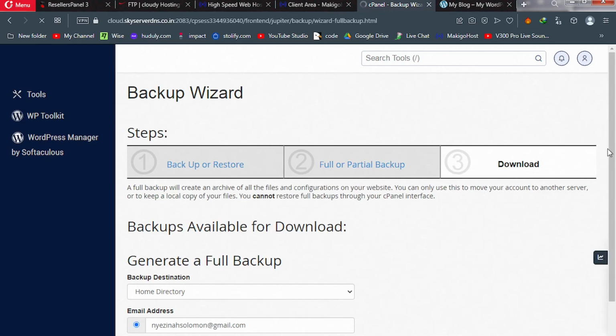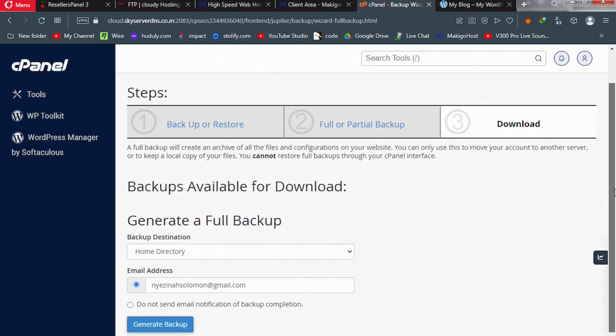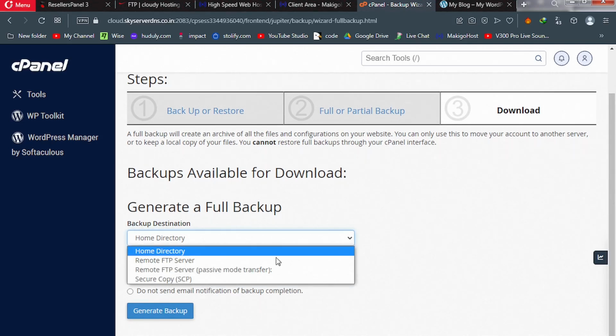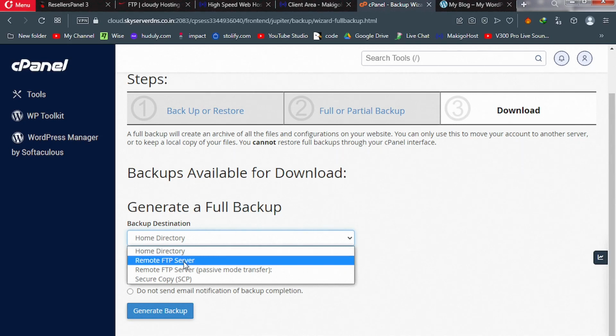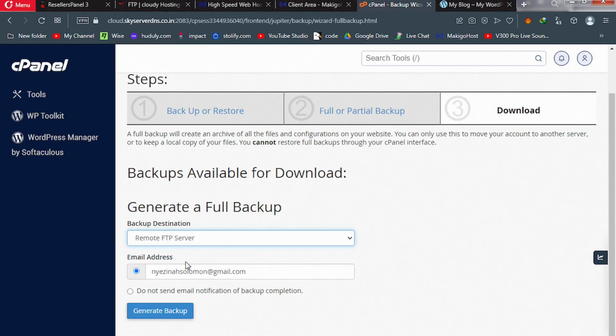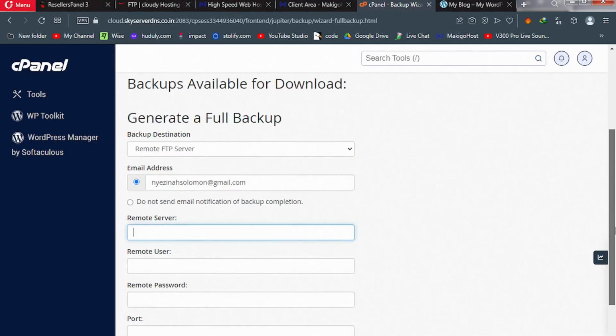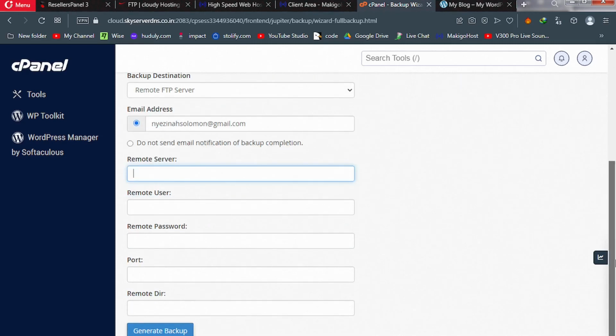Scroll down, please. Backup destination, click on it and choose remote FTP. Scroll down again and then enter